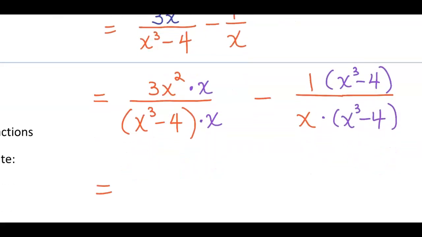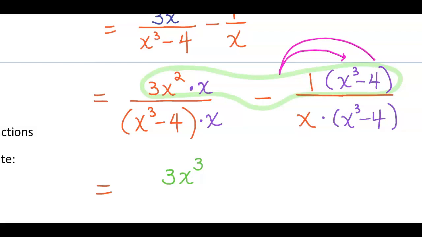So if I put the numerators all together, let me go ahead and just circle it, and then I'll write it down, okay? So focus on the numerator. 3x squared times x. You agree that is 3x to the third power, right? And then, why not? Let's go ahead and distribute the negative 1 in. Which will give us minus x cubed plus 4, wouldn't that be? And all over the common denominator of,